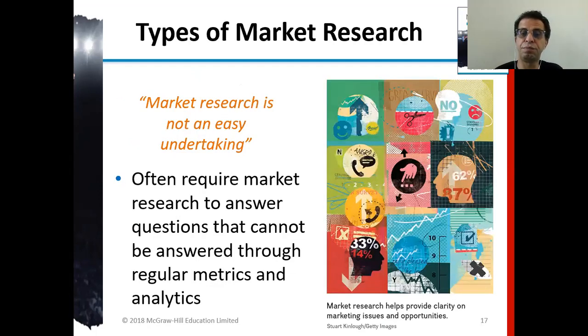Then you have what you call types of marketing research. Now, after we know what kind of data we're looking at, then we know what kind of marketing research we should do and which one we should evaluate, what type of data. So market research is not an easy undertaking. It takes a combination of social and scientific approach and uses a mathematical and econometrics approach. There are so many disciplines involved in it.